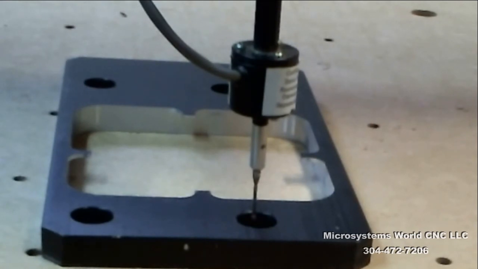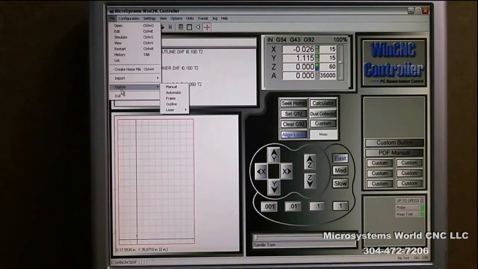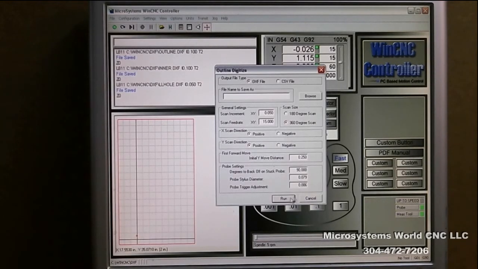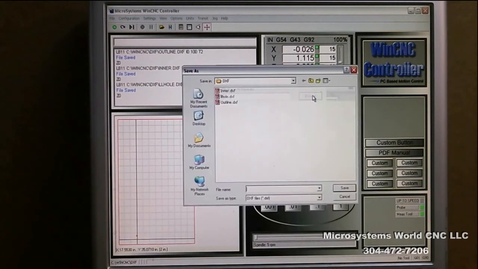So I'll say Z0, and now I will go Digitize, Outline, and I'll go LR for lower right hole. I will save,